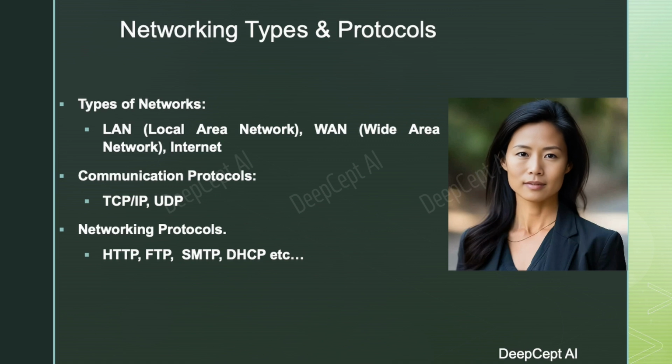In these networks, TCP/IP and UDP serve as fundamental communication protocols. TCP guarantees dependable data delivery through its connection-oriented characteristics, with IP managing addressing and routing. Conversely, UDP is a more straightforward and simpler protocol, ideal for applications prioritizing speed over absolute reliability. Application layer protocols like HTTP, FTP, and SMTP operate over TCP, or in certain instances UDP.